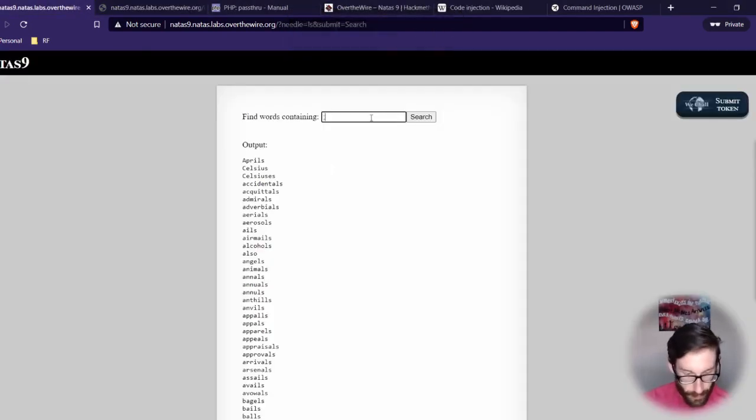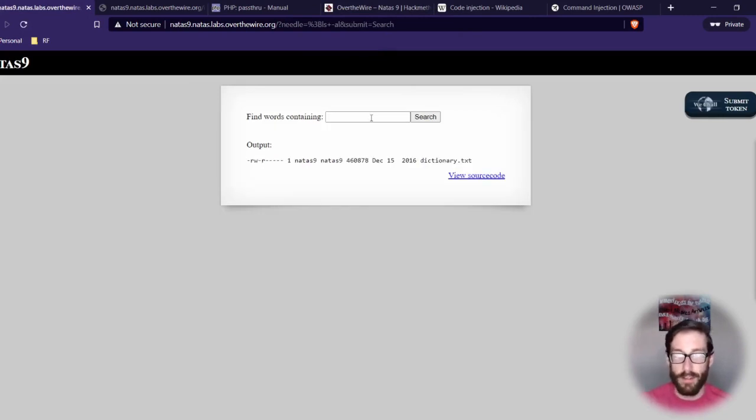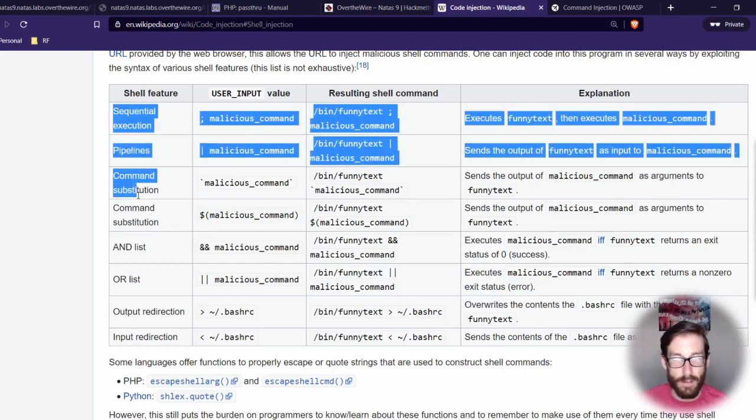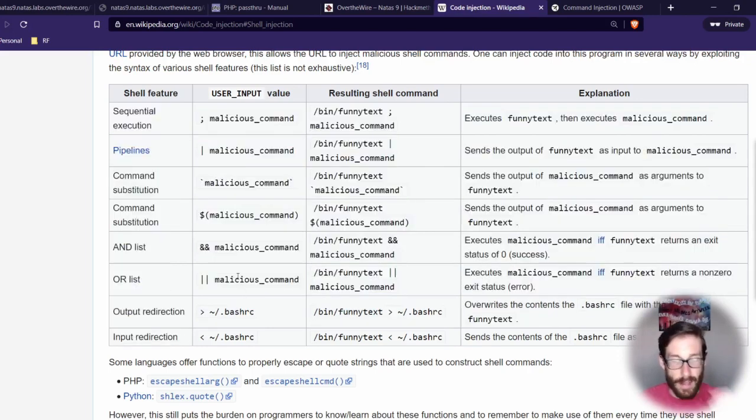So for example, let me show you, if I do ls here and then -al, instead of what we did previously without the semicolon, it's actually giving us back what we expected if it was actually in a shell. And that's just one of many options here. You can see that they have the straight bar. You can do backslashes. You could do different types of dollar signs, etc. And these are all different forms of attack that include the symbol and then the command you want to run.